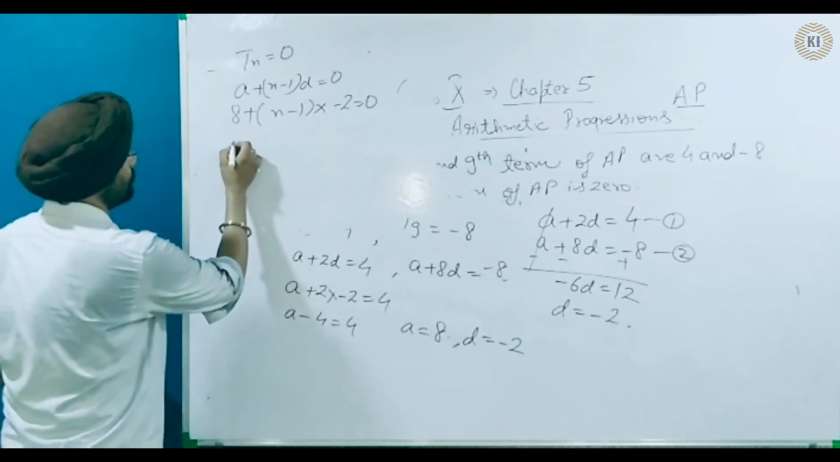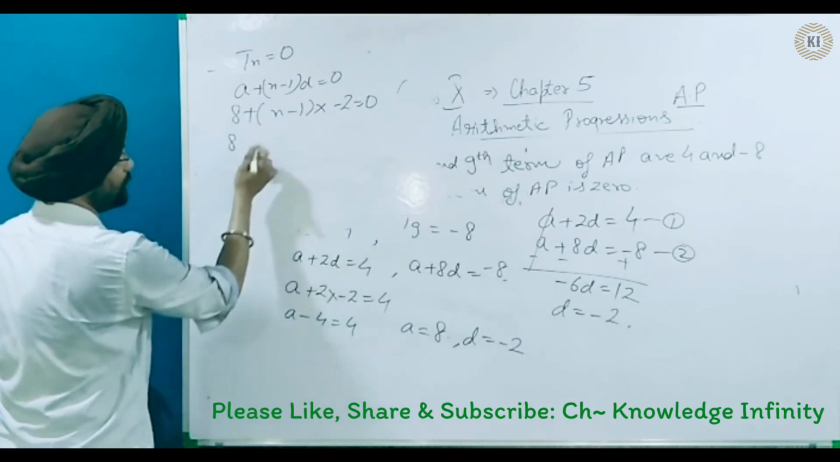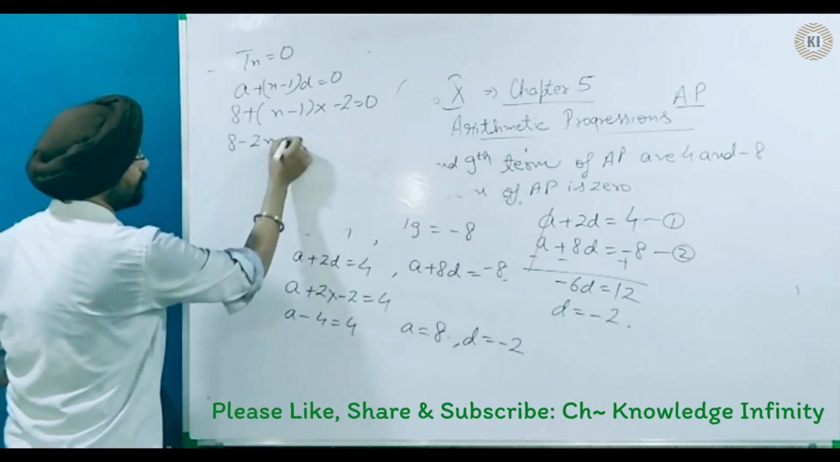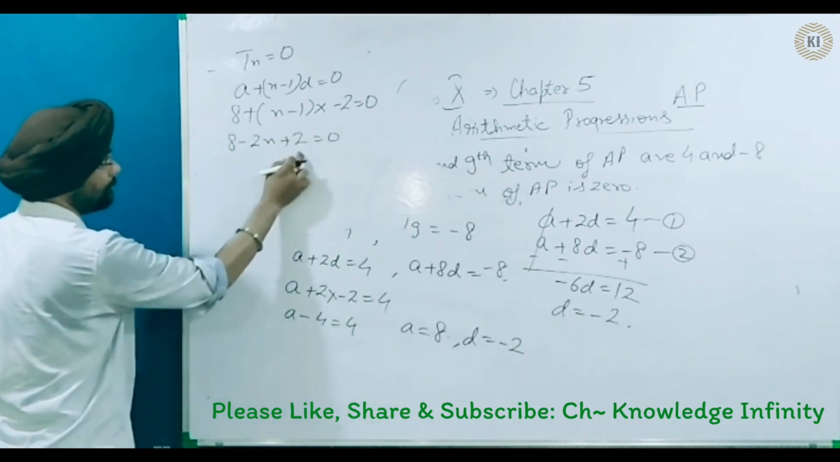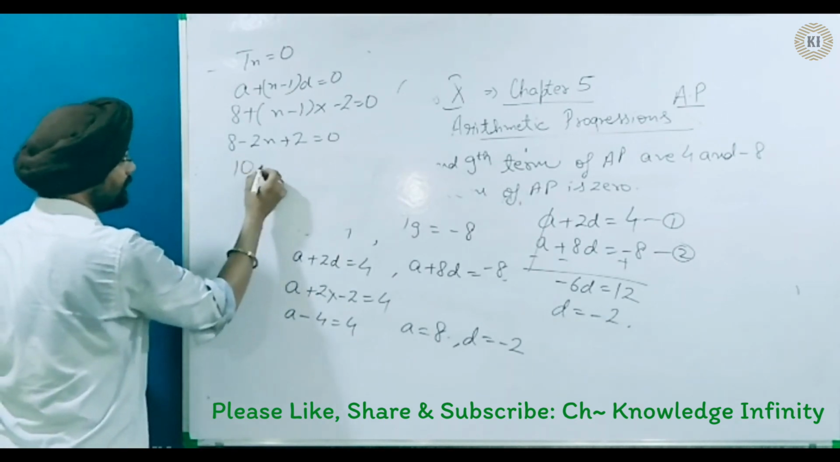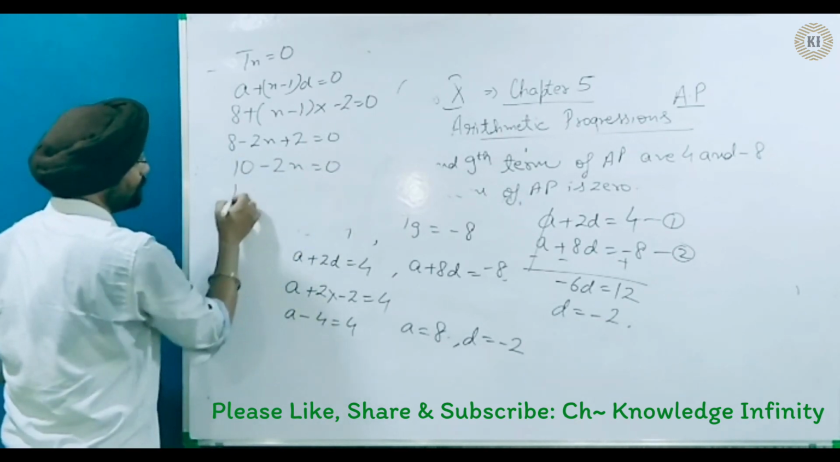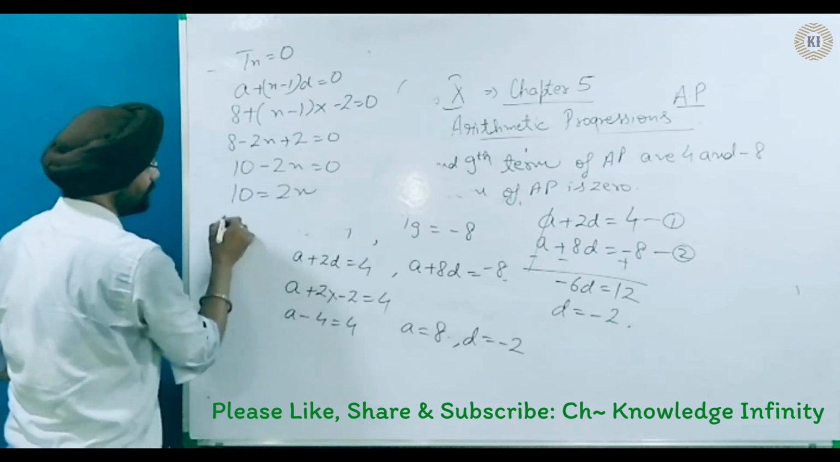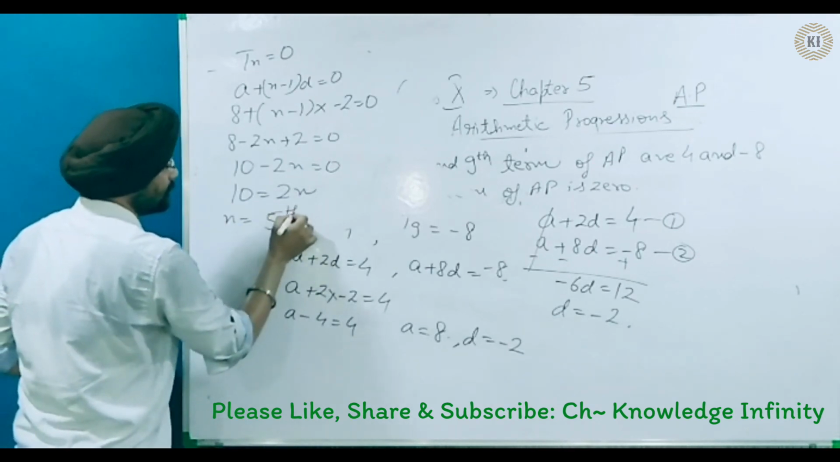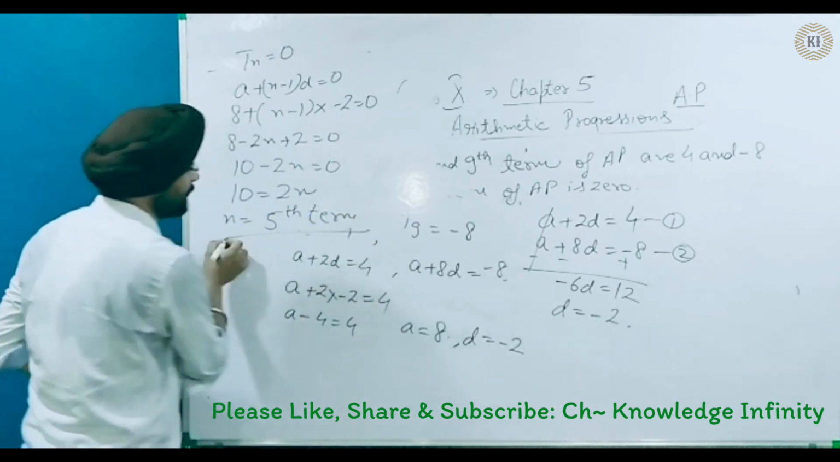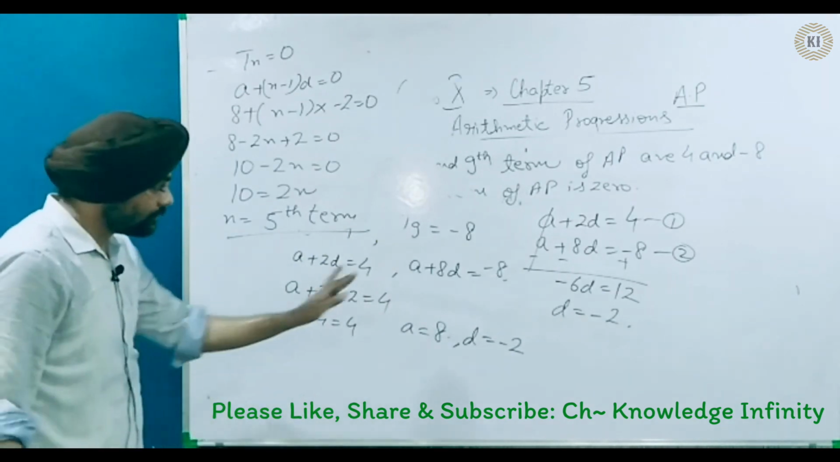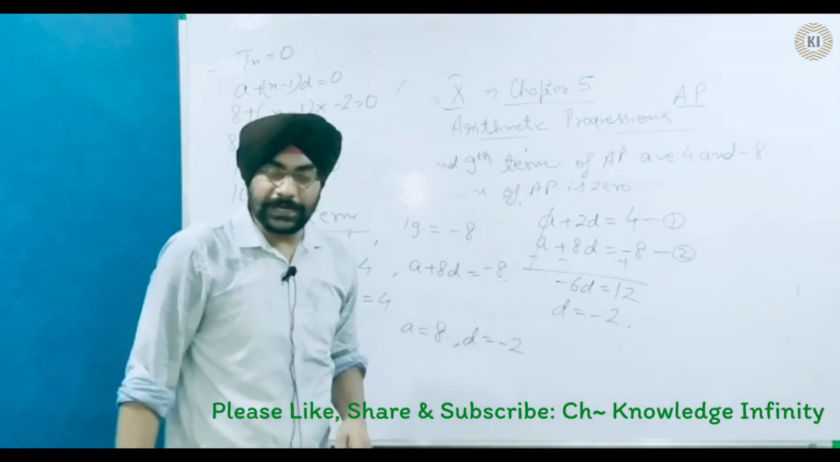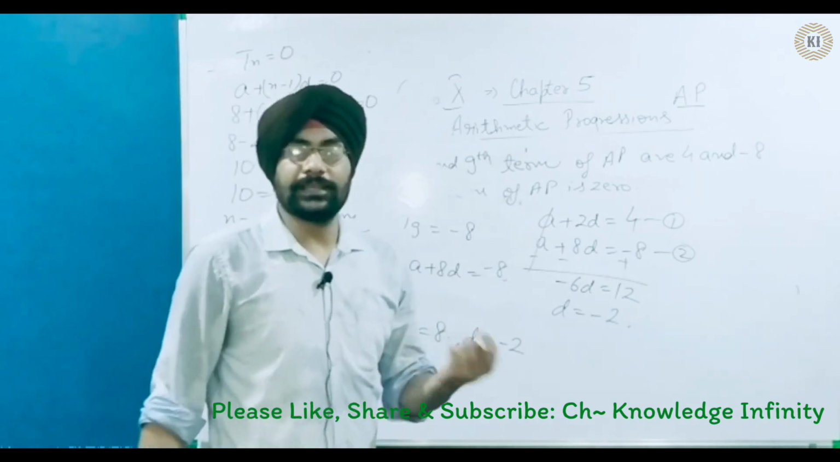So 8 minus 2 into n, minus 2n plus 2 is equal to 0. 8 plus 2 will be 10, minus 2n is equal to 0. 10 is equal to 2n. The value of n will be 5. So the fifth term of the AP will be 0. So this is also a very important question that is from NCERT. In my next video I will come